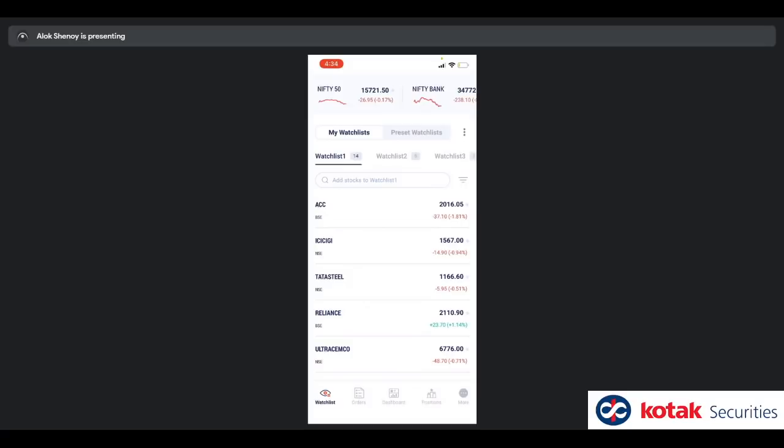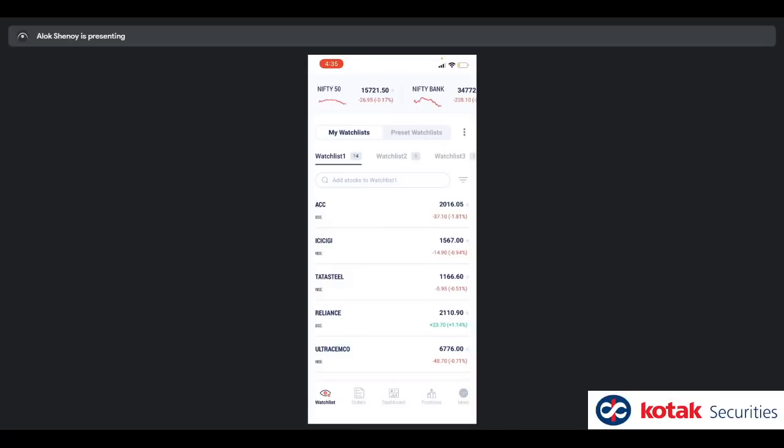So as you can see, the first screen that you land on is the watch list. This is the watch list that you have created or are monitoring on the old app or on the website. It's the same watch list which will now be available inside the new Kotak Stock Trader app. For the foreseeable future, at least for a couple of months, you will be able to use both new Kotak Stock Trader and old Kotak Stock Trader simultaneously. And if you do an edit or a change there, it will reflect in both apps concurrently.